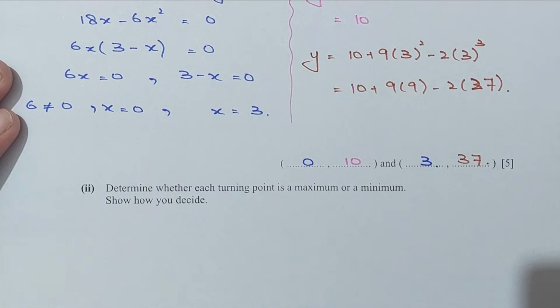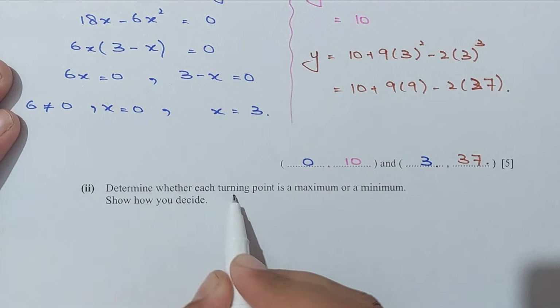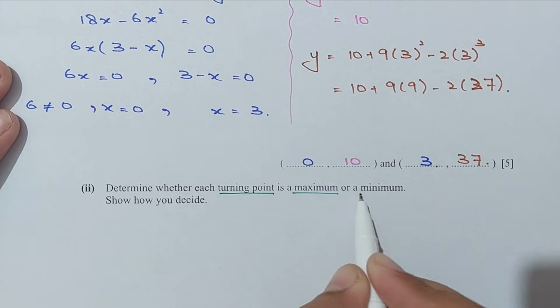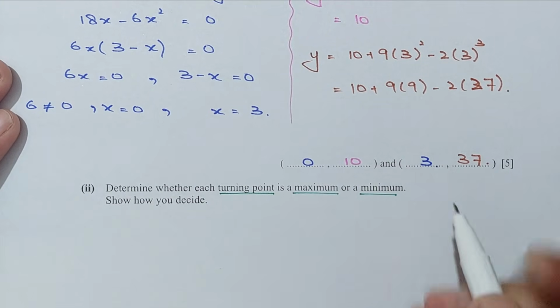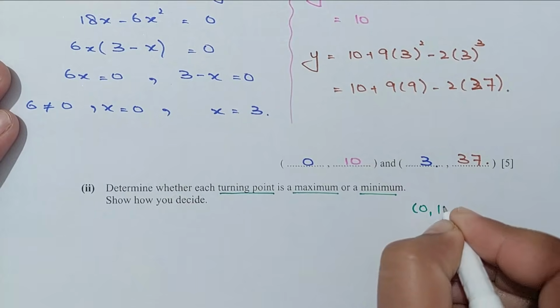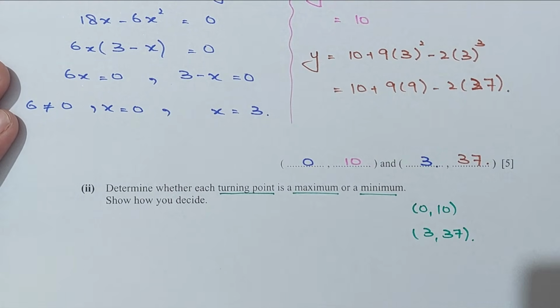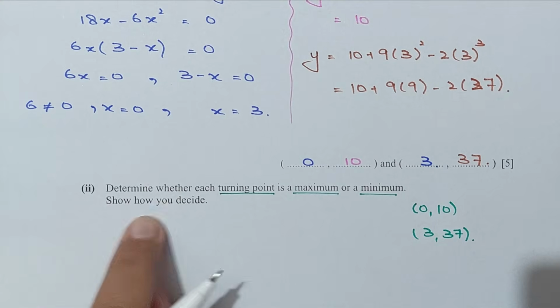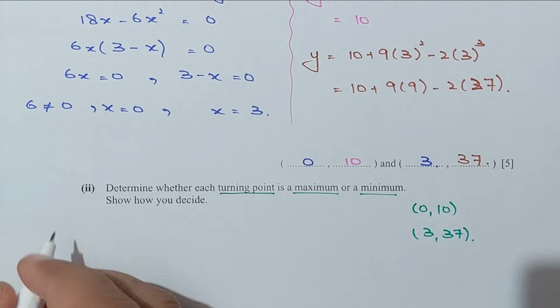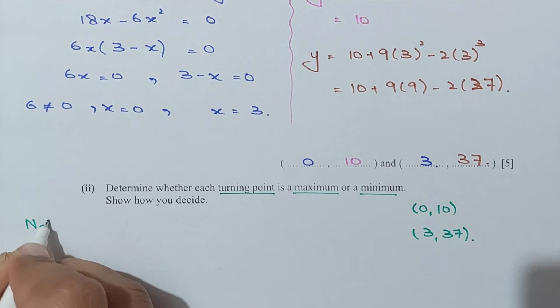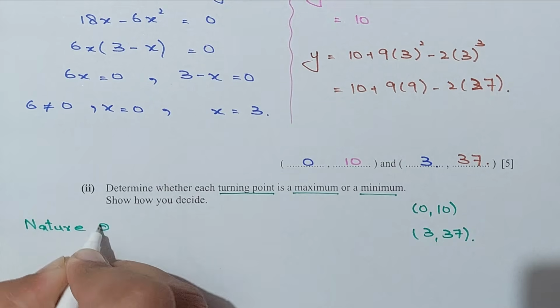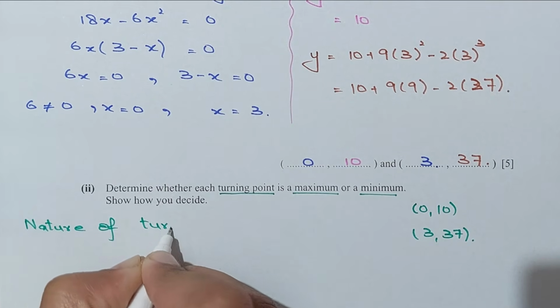Right. Now for the second part, determine whether each turning point is a maximum or a minimum. These are the two turning points. The first is 0, 10 and the other is 3, 37. So to check the nature of these turning points, you have to show how you decide. Okay, so for the nature of turning points,